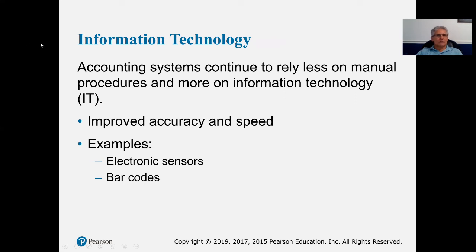Information technology is going to play a key role in our internal control systems. And when we talk about information technology, we specifically mean that accounting systems continue to rely less on manual procedures and more on information technology. The reason why we like information technology is because it improves accuracy and speed. And the examples listed here,